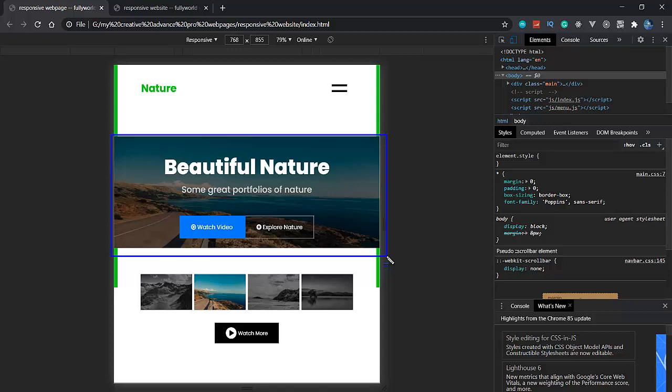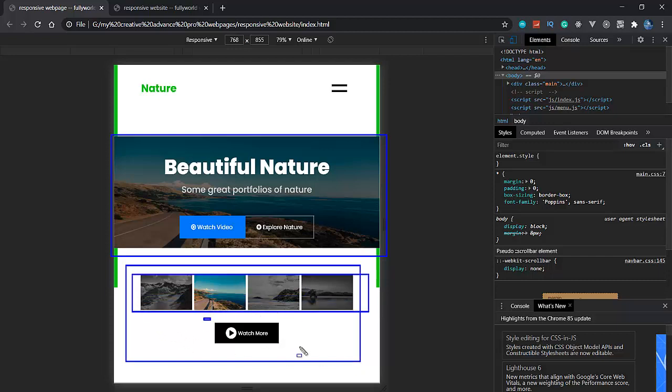So it will take only one line of code. That's why I used the grid system here. So it will be easy for us to make this website responsive. Same like here, I use the grid system, because it will be good for responsiveness. So we will just make this one row here. See that this is one column and this is the second column. So only one column is there. This whole is one column, and 2 rows are there. So we will change our grid system to one column here.